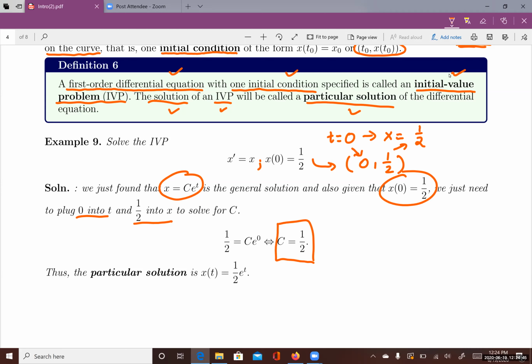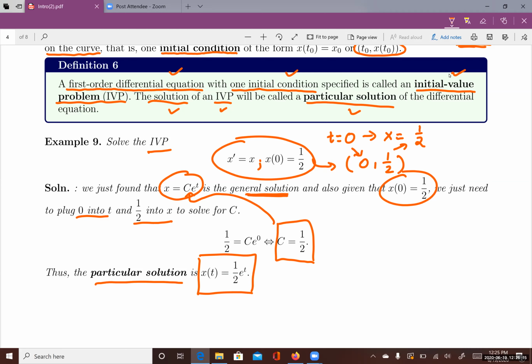So once you found c, you can plug c into your general solution to find the particular solution for this IVP. So this problem here is an IVP problem. When you have a first order differential equation, and you have one initial value, then you have an IVP problem. First, you found the general solution, then you found the particular solution for this IVP. All right,